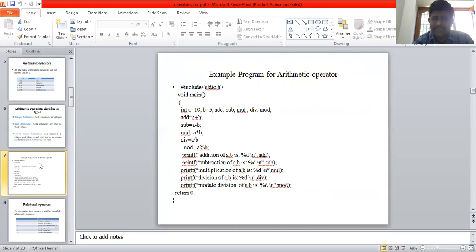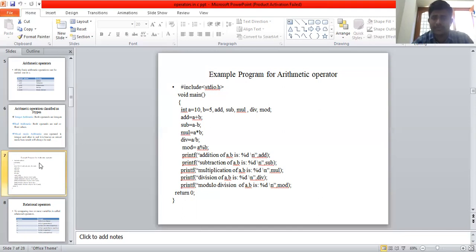Variable names are A, B, ADD, SUB, MUL, DIV, and MOD. These are variables of integer type. Here A value is directly assigned as 10 and B value is 5. The first expression is addition: ADD equal to A plus B. A value is 10, B value is 5, so 10 plus 5 is 15, assigned to the ADD variable.